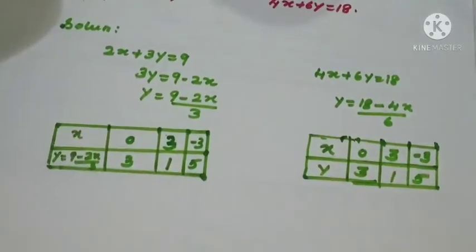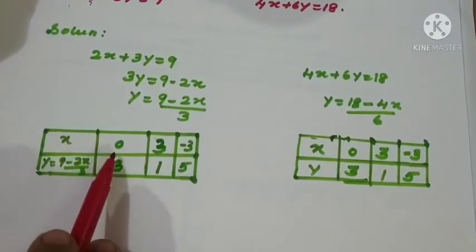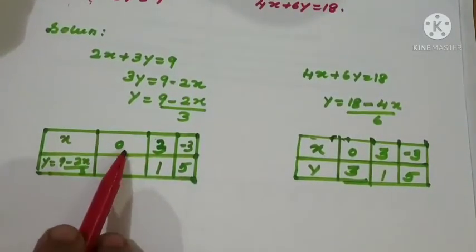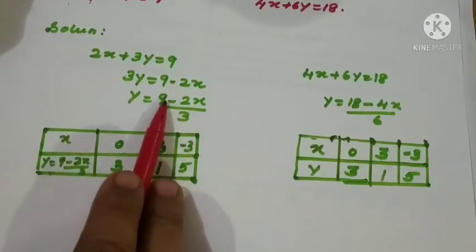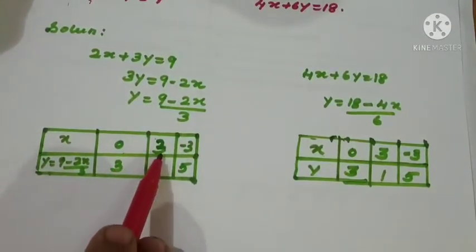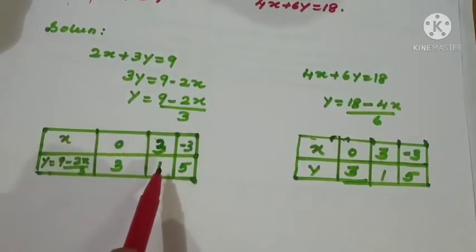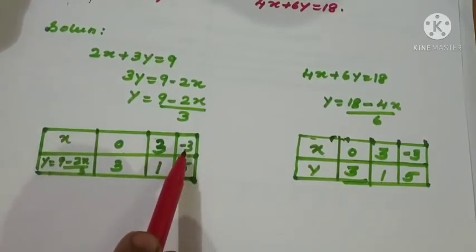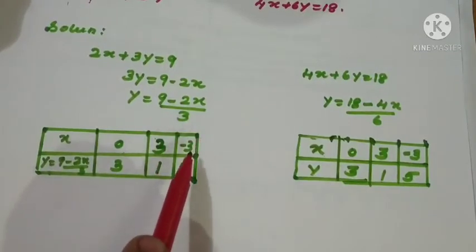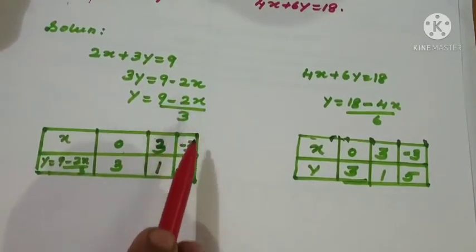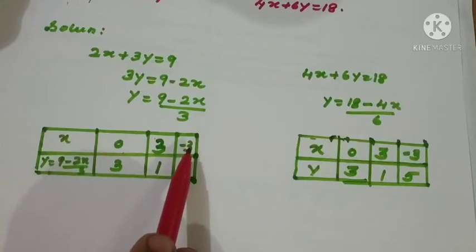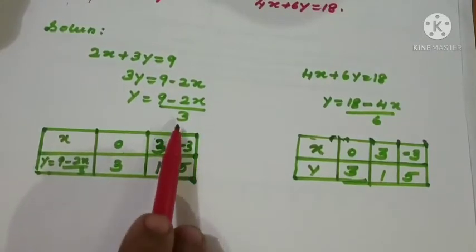So always I told, find the value of y when x equals 0. So we get 3, because 9 by 3 only, here 3, again 3 is the value. So 9 minus 6 is 3, divided by 3 is 1 only, again 9 minus 3 only. Sorry, x equal to minus 3 only. So minus into minus plus, 2 3s are 6, 9 plus 6 is 15, by 3, that is 5.